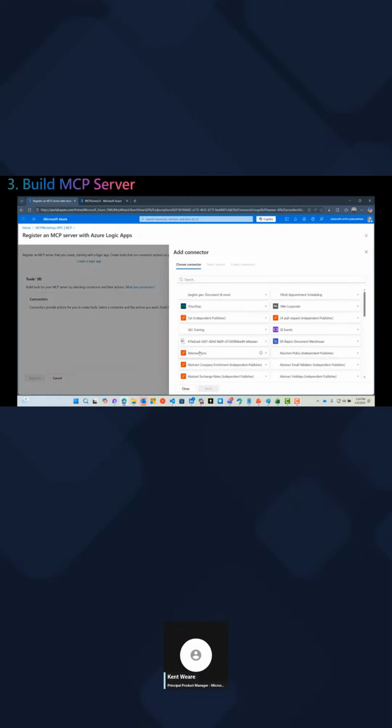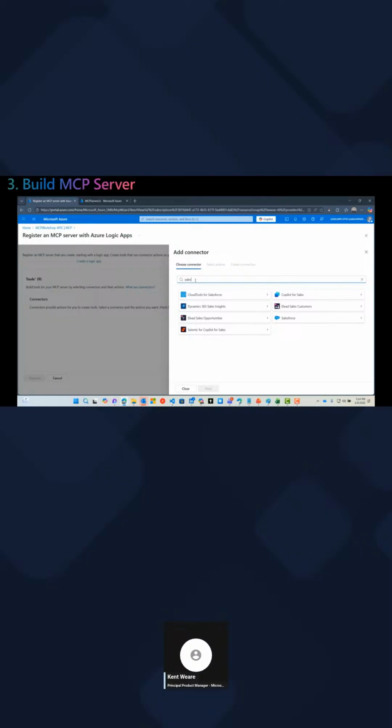So this is where we're going to browse and see that 1400 connector library that are all what we call Azure managed connectors. Here I'm going to go ahead and select Salesforce, and we will then select into this. Now, these are all of the actions that we want to go ahead and obtain or use.